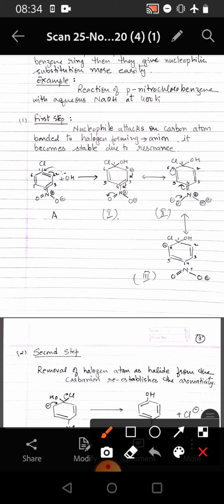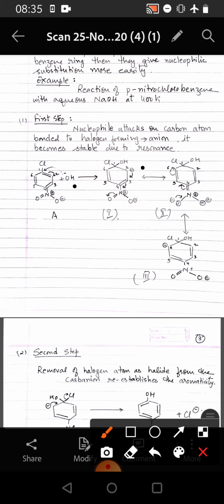So here we see that the nucleophile attacks that carbon atom which is bonded to the halogen atom, forming an anion. The carbon atom with which the halogen was attached is now bonded with the nucleophile also, and the carbon C1 in this case attains sp3 hybridization state from the sp2 hybridization state, and the electron pair of the double bond between C1 and C2 shifts on the second carbon atom, and this attains a negative charge, and we see that the aromaticity of the benzene ring is affected.